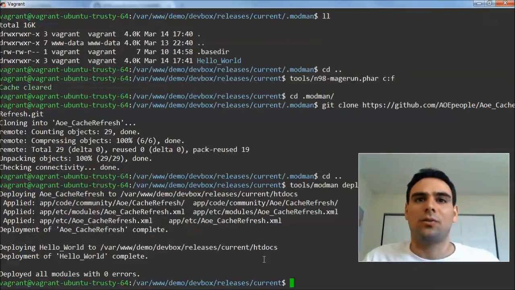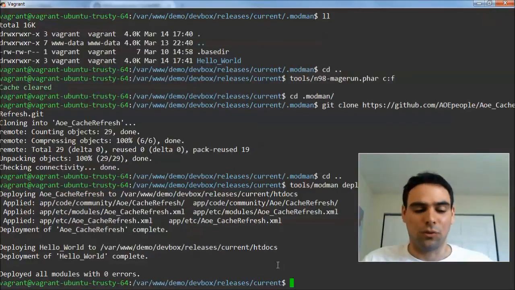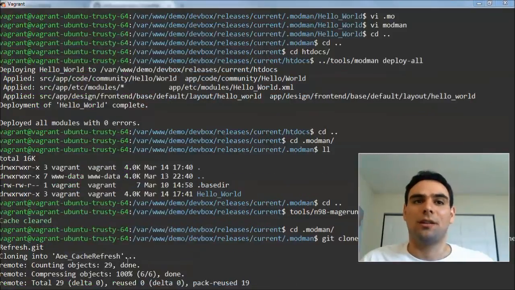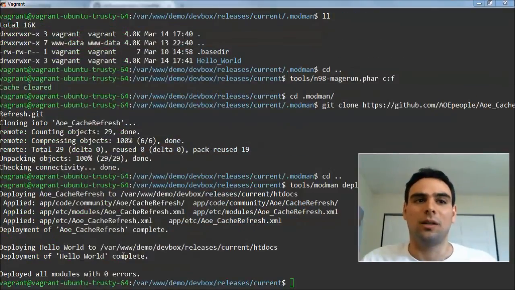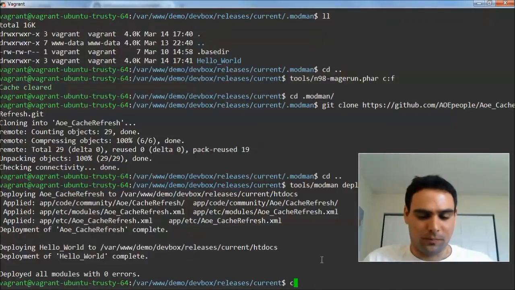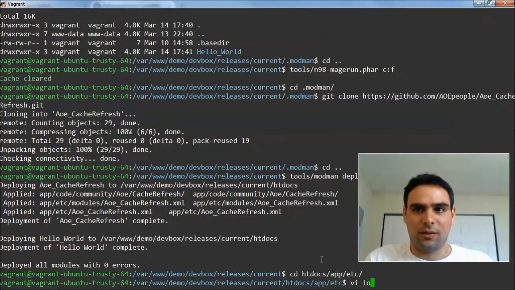So the thing with cache refresh is that, of course, we don't want everybody to be allowed to refresh the cache by just hitting Control F5. That should be restricted, and currently that restriction happens through an IP address or multiple IP addresses. And since the whole caching models will be loaded early on, we can basically not store the information anywhere outside local XML. So if we go to app, etc, local XML,